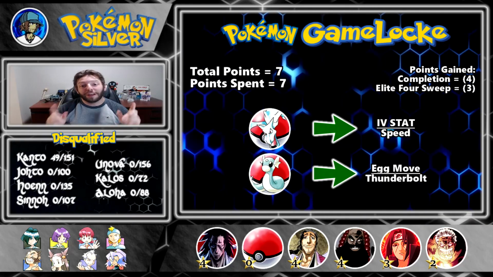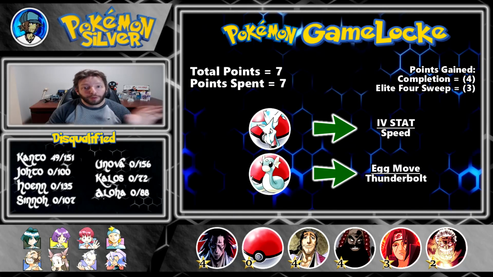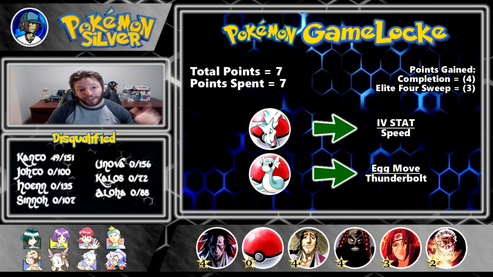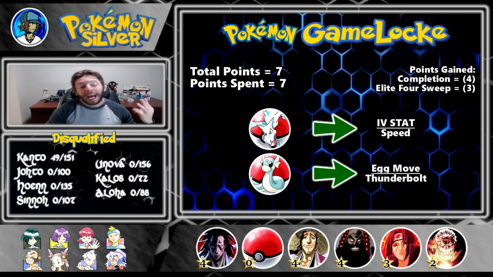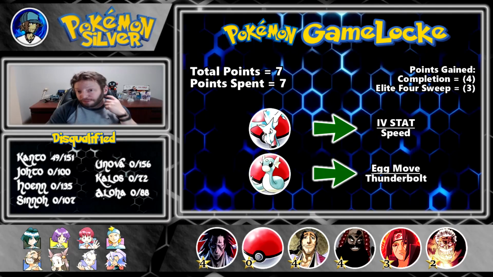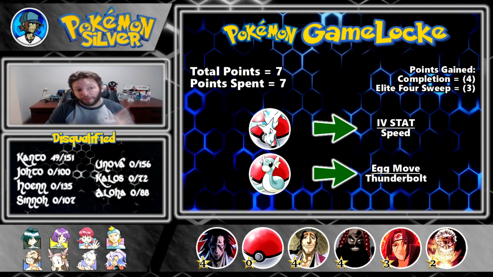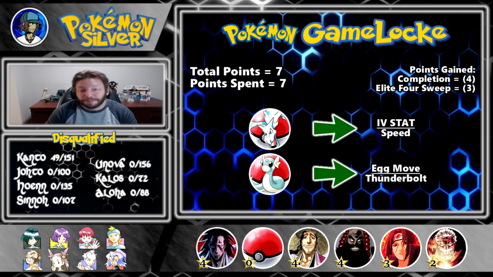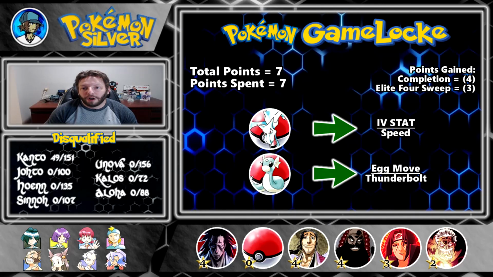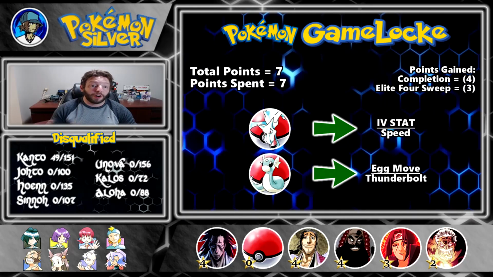And as you guys can see from the chart over here, I believe we've spent all our points now. As you guys know, we've had 7 points total. A point for each of the cleared games, giving 4 points total. And we did 3 out of 4 Elite Four clears, sweeps, so we got 3 points for that. We spent the first point, of course, to make Eevee a permanent Jolteon, or just hold a Thunderstone. Basically, you start with a Thunderstone in your inventory. It's the same thing. And then afterwards, we've been stockpiling these points, and now we spent all 6